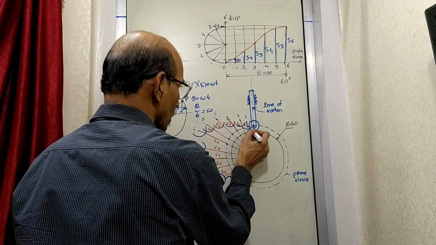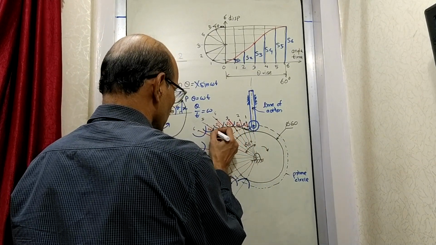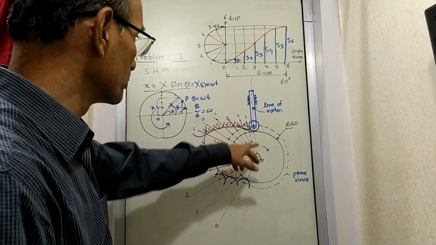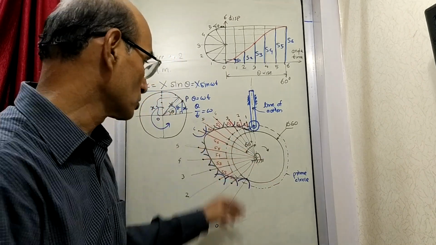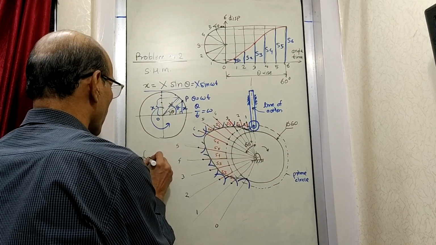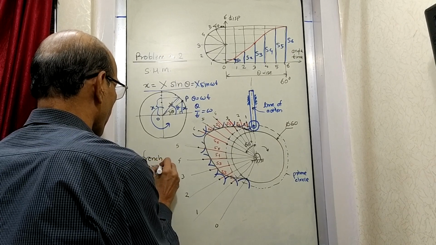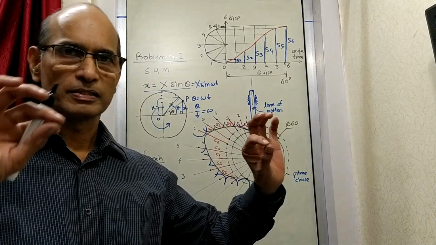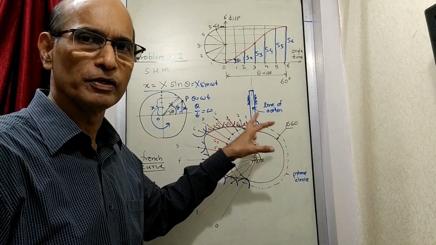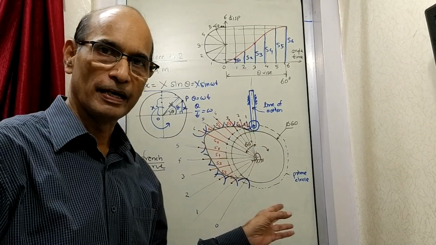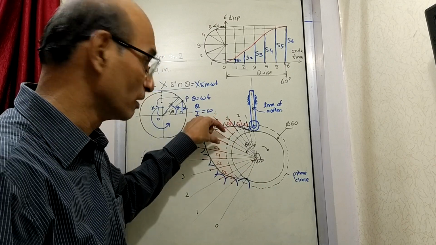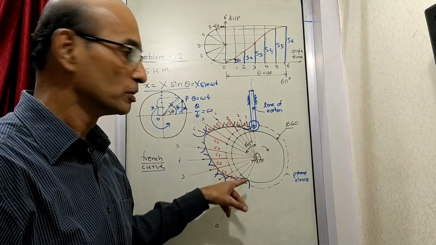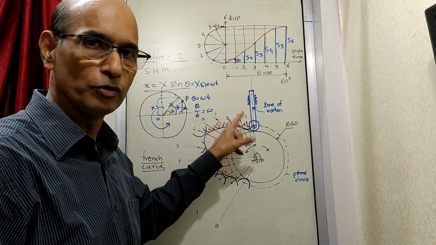But when you draw, you will be drawing with proper scale. So the curve will come smooth. When you draw, it will be absolutely smooth curve. You are supposed to make use of what you know, French curve. French curve is a small kind of a plastic device that is available. Using that you can draw. Otherwise you have to draw it by freehand, but then you have to draw it with a lot of care. Since you have divided the angle in the proper manner, the distances are quite equal because you have used instruments, which I have not used. So the curve is not seen as it should be, but when you draw it will come properly.